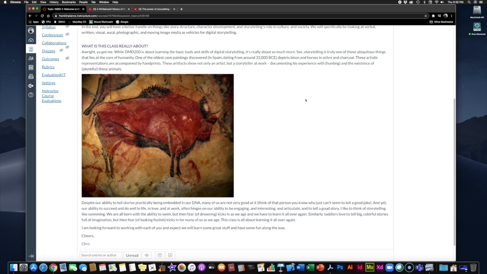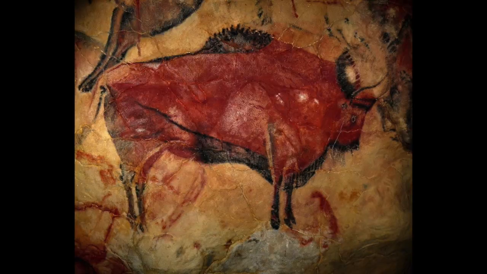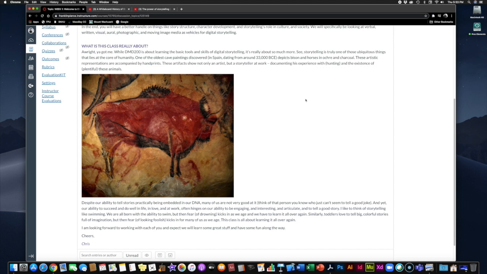And the example I show here is one of the oldest cave paintings that has ever been discovered. It was found in Spain, and it dates back to about 33,000 BCE, which is a very long time ago, right? It depicts a bison and horses, and this was done in ochre and charcoal, right, which sound like contemporary art tools, but naturally these were just found. They were burnt pieces of wood or flowers or whatnot,